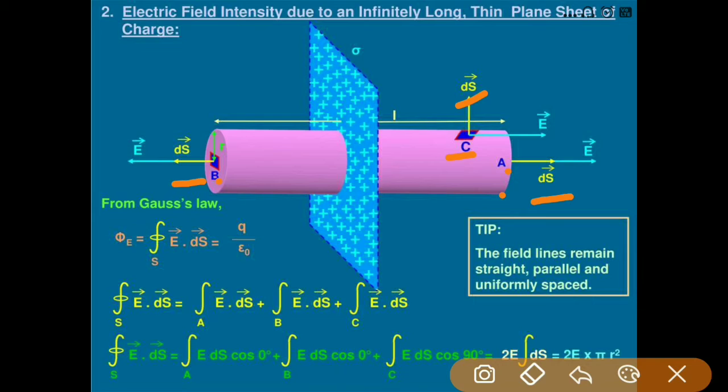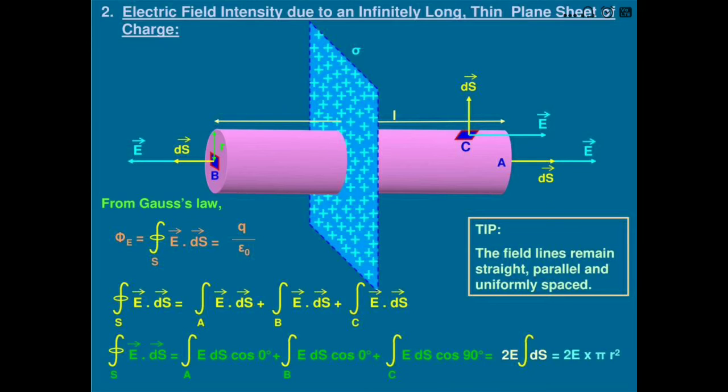And again this sheet is positively charged, so the electric field lines start from the sheet and go normally away from the sheet, like this one and like this one, in the outward direction. So this is the direction of the electric field. So let us calculate the value of the closed integration of E dot ds.